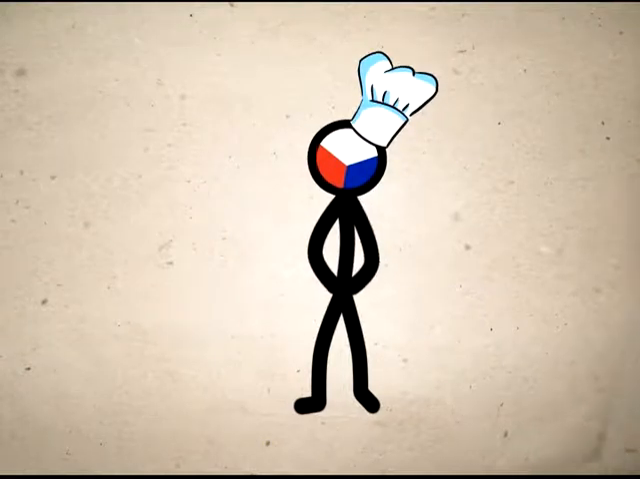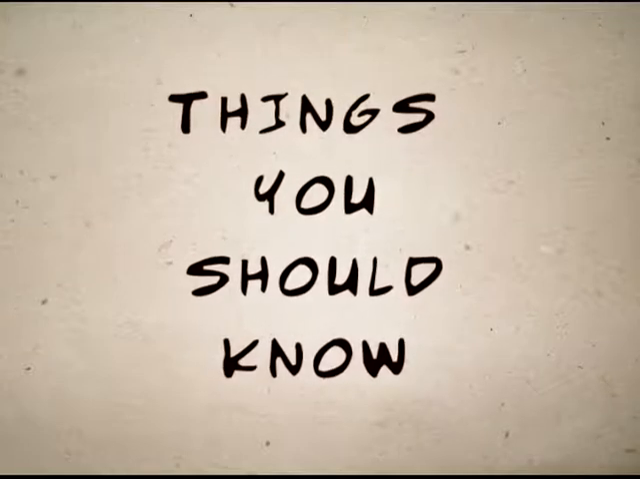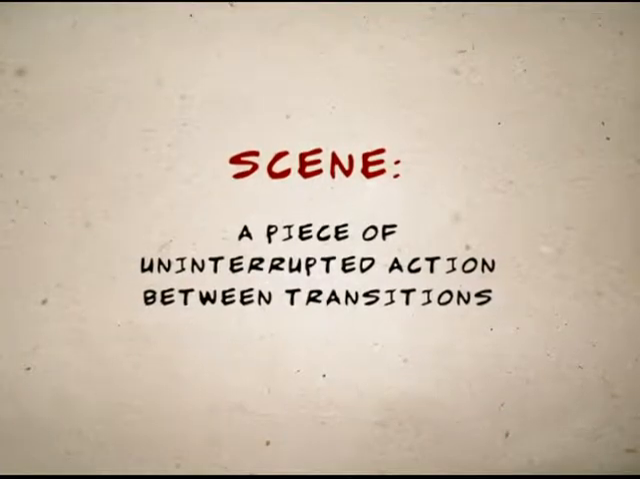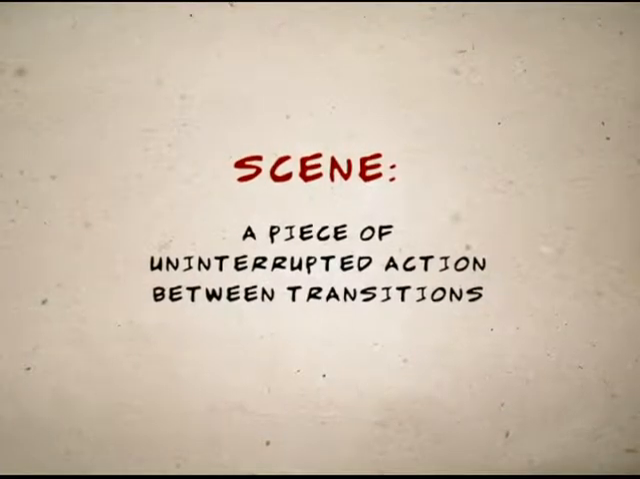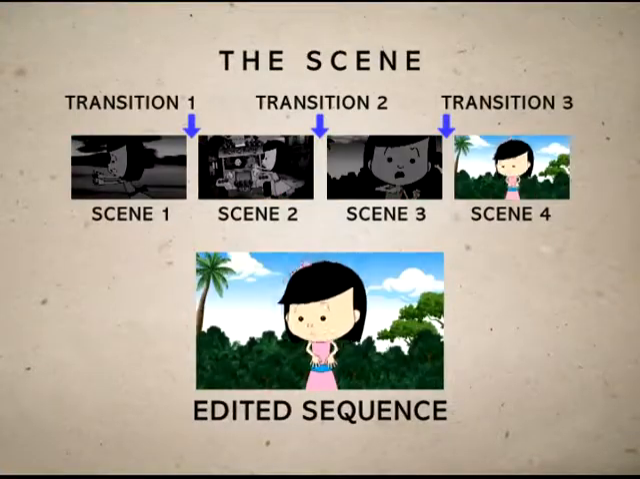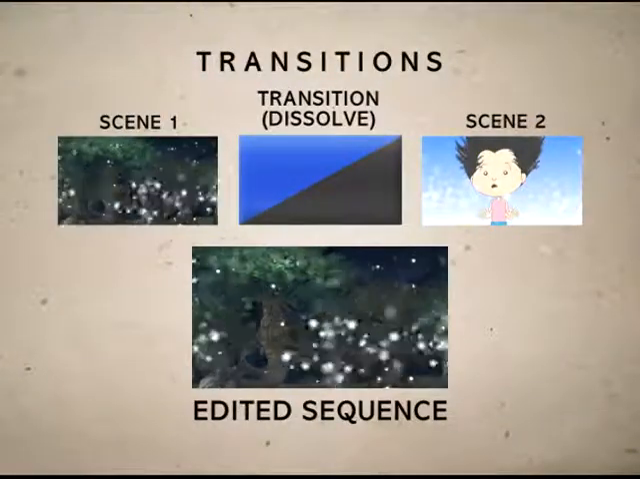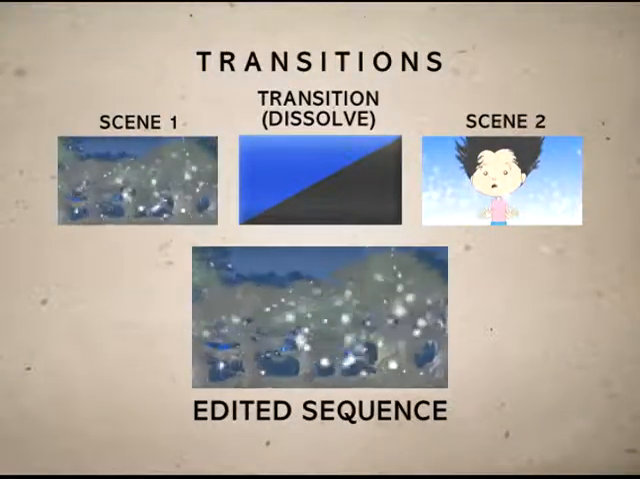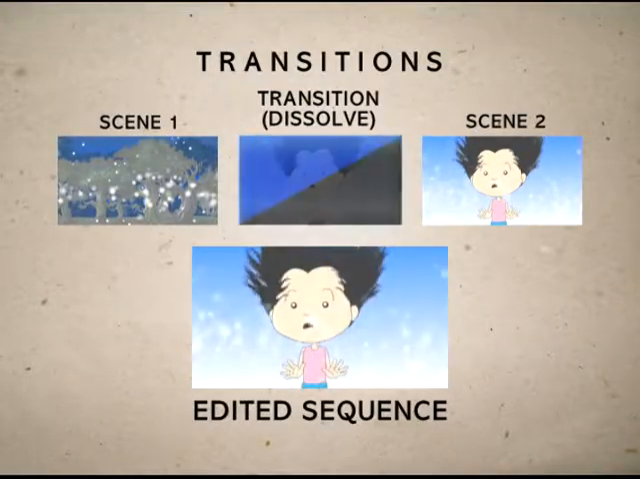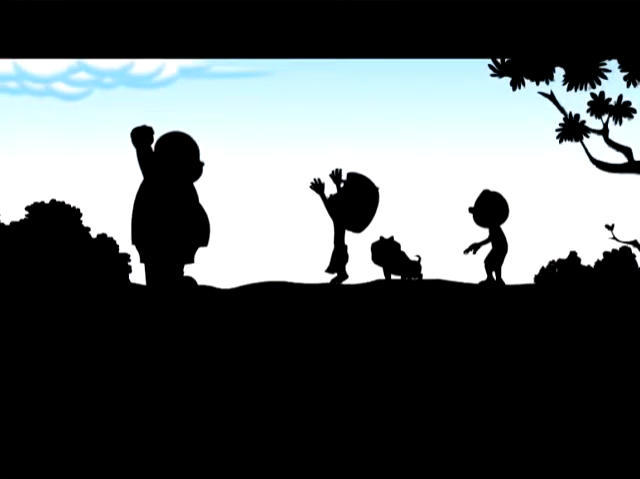But before you do, here are some terms that will help you out. Not only with making the storyboard, but also with the whole animation process. A scene in animation is a piece of uninterrupted action between transitions. Transitions are effects put in between scenes to simulate the passing of time, change of location, or the change of mood, action, or point of view. Examples of transitions are cuts,